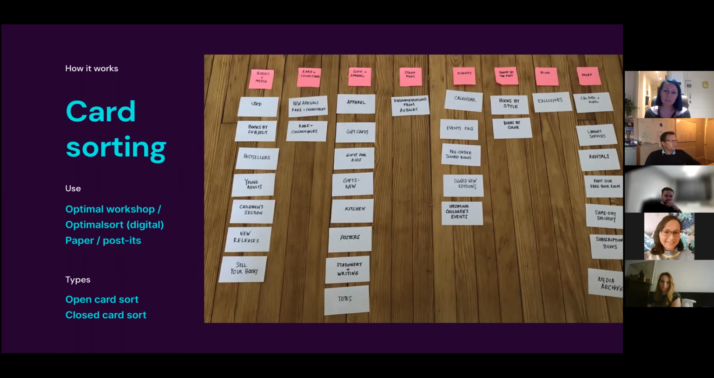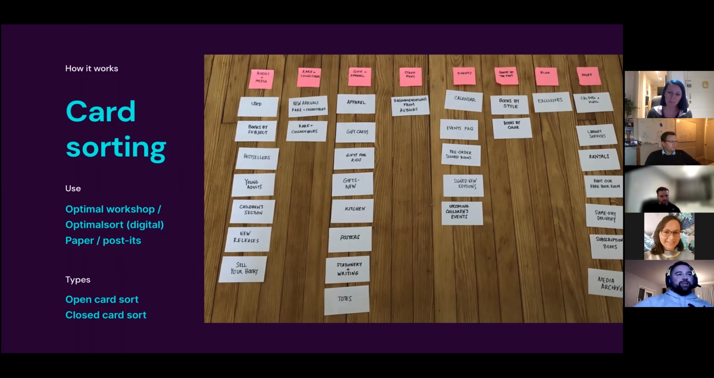So there's a few different tools that we can use. Optimal Workshop, which is a paid tool, but it's a great tool. And it is a suite of tools. So there's Optimal Sort, which is part of the Optimal Workshop product, and that does online card sorting for you. It's great because you can share the link to lots of people. You can get a larger sample size, but there's also some really good analysis tools as part of it, because analyzing card sorts manually can be